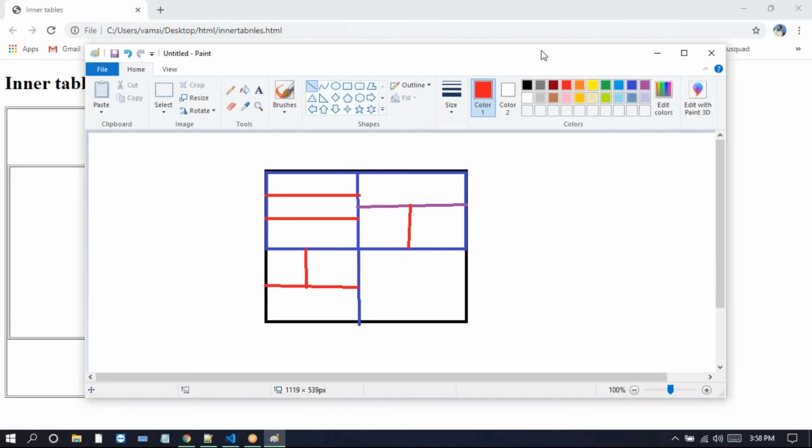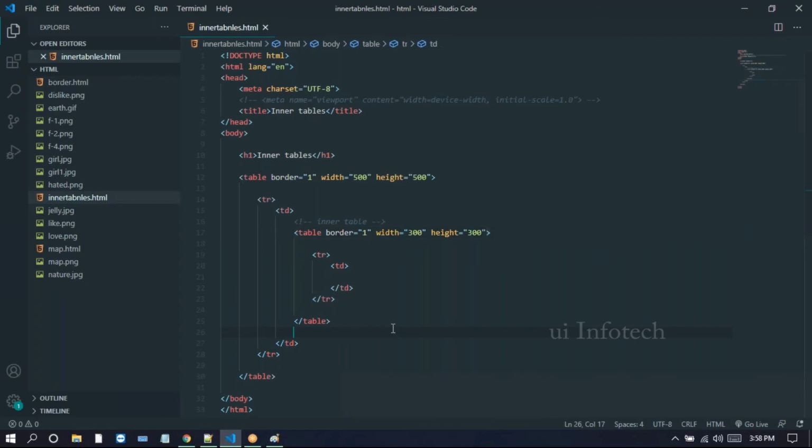So how do you take this one on the table? Look at this one. I need to design this using tables. The table has two rows, right? First, I need to develop the two rows here. I'll open this Visual Studio. So I'm just removing this one. We don't want this one.